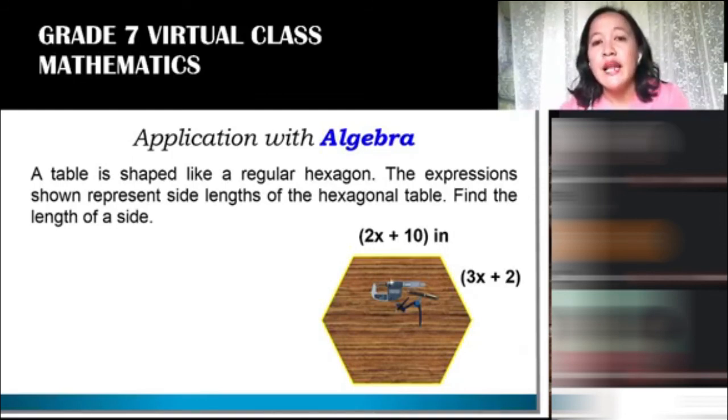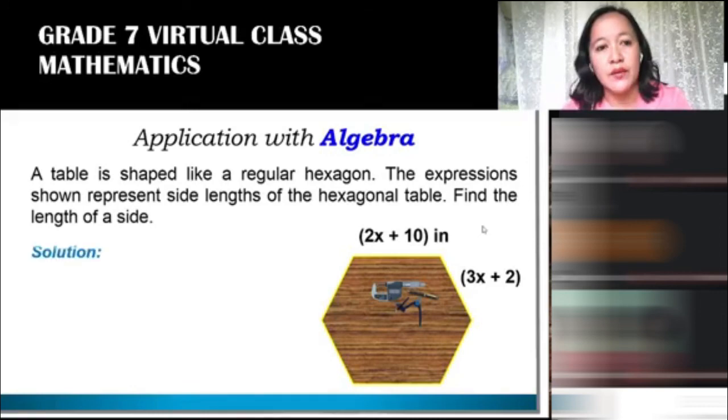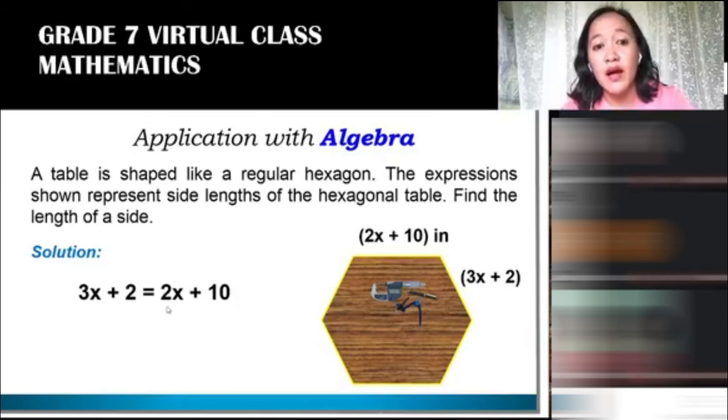So, the side lengths of this hexagonal table are expressed in 2x plus 10 inches and the other one is 3x plus 2. So again, if it is a regular hexagon, of course, they have equal sides. So we're just going to equate 3x plus 2 to 2x plus